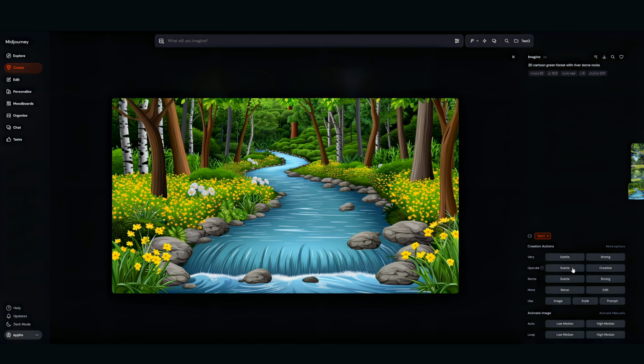Then you have the upscale versus the creative. Essentially, you can upscale it subtly a little bit, or you can make it creative, which makes the image a lot bigger. You can remix it. It's exactly what it sounds like. You can tell it to give it completely different features all over the place, and you can do it subtly or very strong. It's a different, stronger variation of the vary application. Then you have